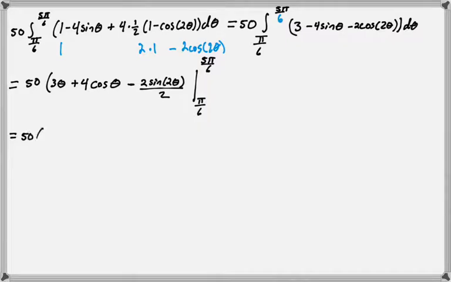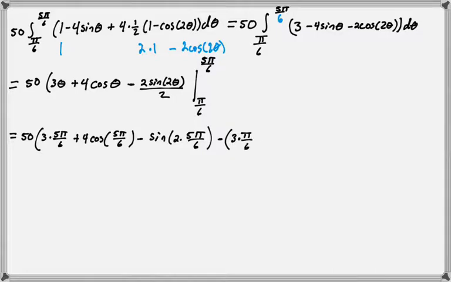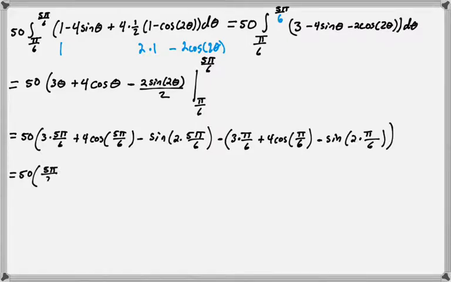So that's 50. And then 3 times 5 pi over 6 plus 4 cosine of 5 pi over 6 minus sine of 2 times 5 pi over 6, minus 3 times pi over 6 plus 4 cosine of pi over 6 minus the sine of 2 times pi over 6, which is equal to 50, and we have 5 pi over 2 plus 4 times negative root 3 over 2 minus negative root 3 over 2